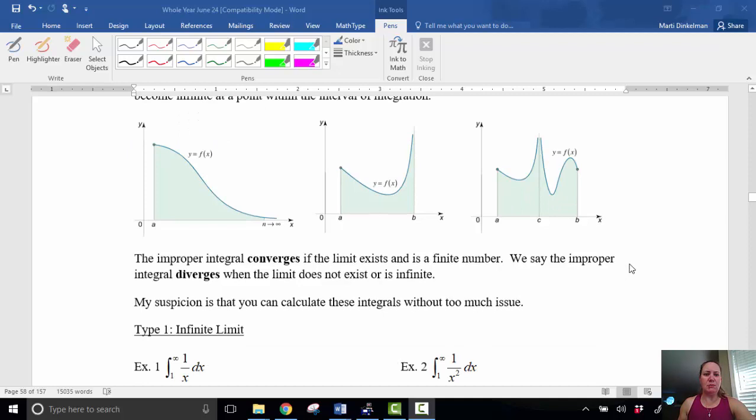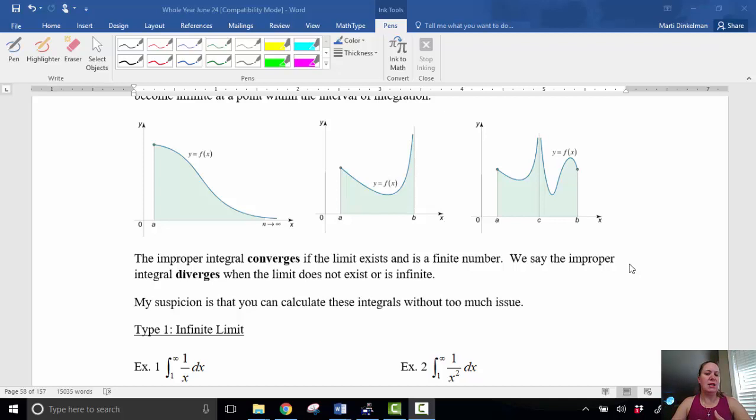We're introducing some new vocab, and that's whether something converges or diverges. So when we find our limit, our integral, and we find a finite number, we can say that that integral converges, or the area under the curve converges. That's a finite number. If it's divergent, what happens is we either get infinity as our answer, or basically something